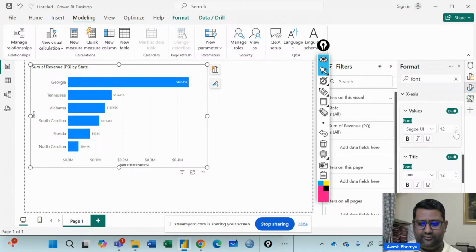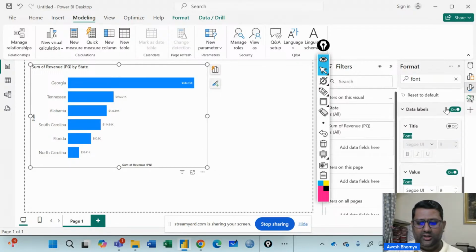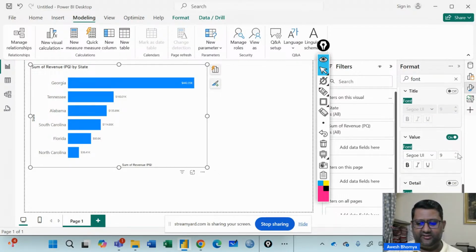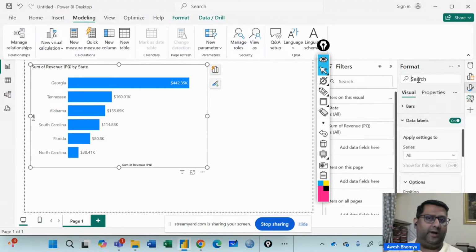13 or 12. Okay, now if you have the data labels, you could do away with the x-axis values. So maybe we could just switch this off. So no x-axis values are being shown here. Now comes the data labels. Let's increase this a little better to about 14 so we can see this better. Okay, and I think that should solve the problem. Now please note the formatting differs for different